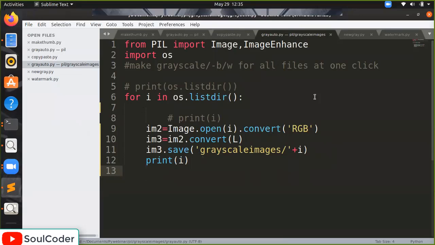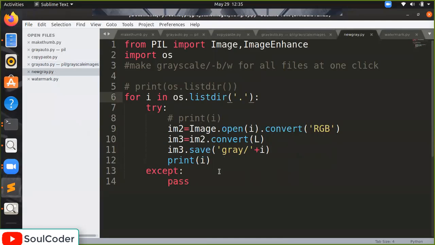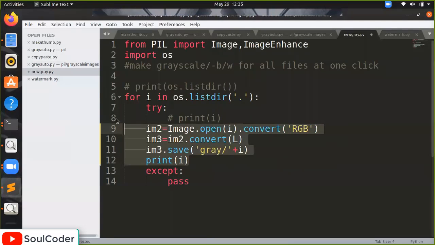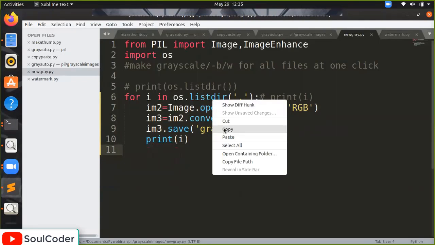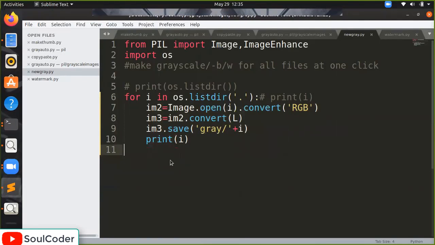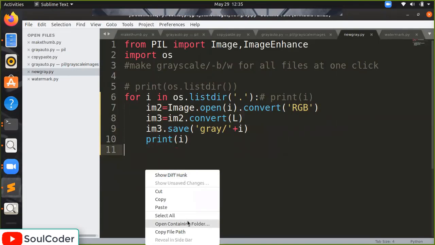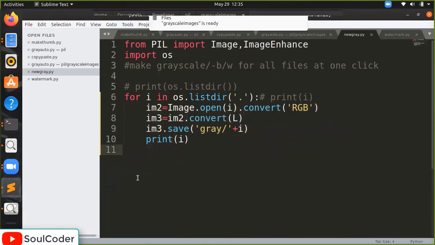And no, not this one. It will only give us an error because it will not work. Let's try again. New gray. Last chance. newgray.py.